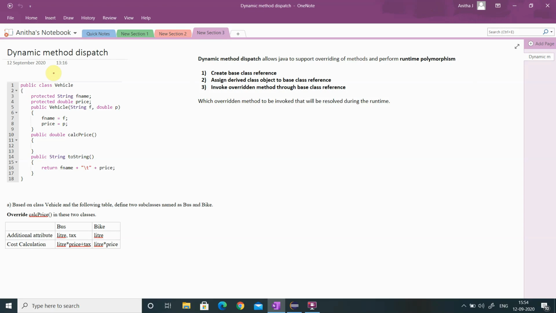Dear students, in this video we are going to see the concept of dynamic method dispatch. Dynamic method dispatch is mainly related with method overriding, which is used to perform runtime polymorphism. To understand method overriding, we'll consider a base class called Animal, which is having